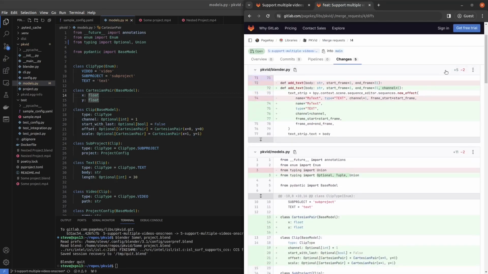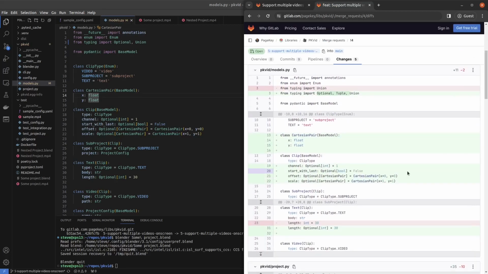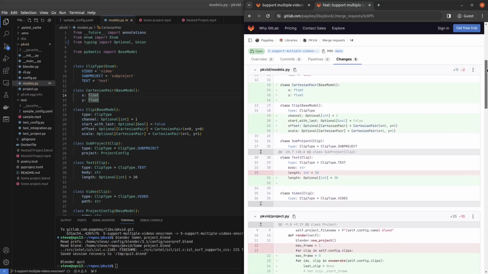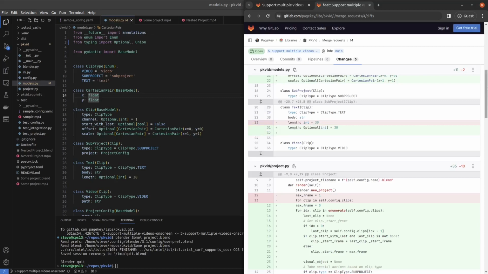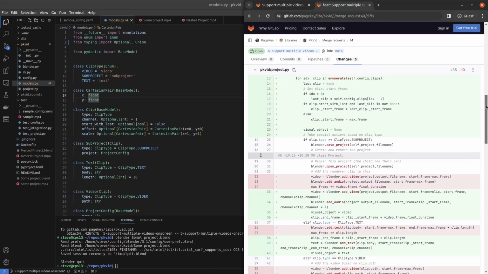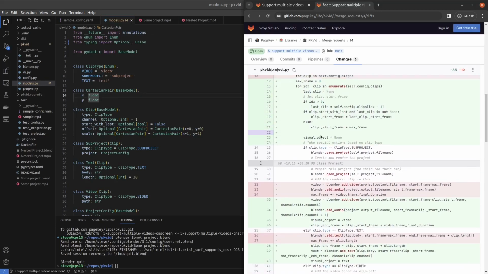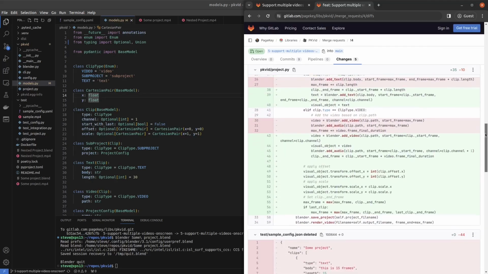Adding the text, just specified the channel and cleaned up the coding. Clip got a lot of additions. Start with last, the channel, and the offset and the scale. Text was updated so the length is optional. And project could still use some more refactoring, but for the most part, it's working well enough with all these